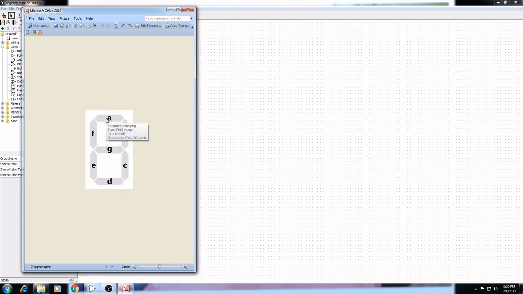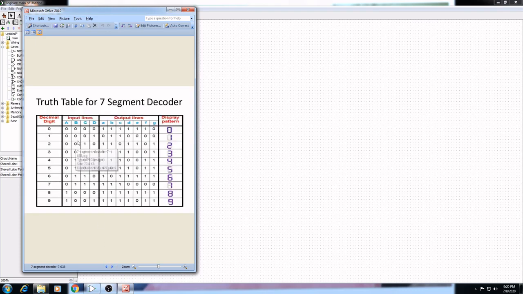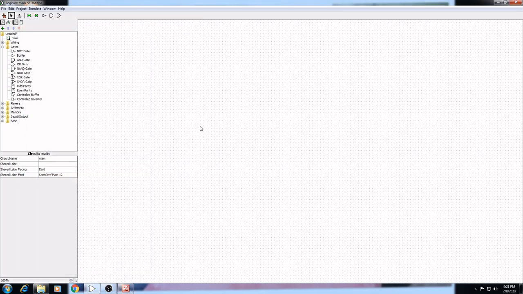So this is your A, B, C, D, E, F, and this one is nothing but G. For that we require these 4 inputs and 7 output lines. So what we do, instead of creating the circuit diagram, we first develop a truth table, and from that truth table we will see how Logisim can build a circuit on its canvas.